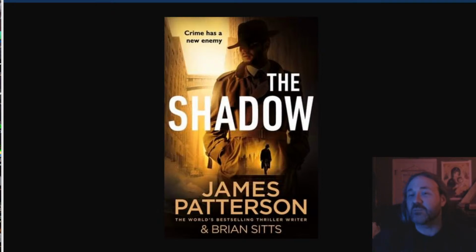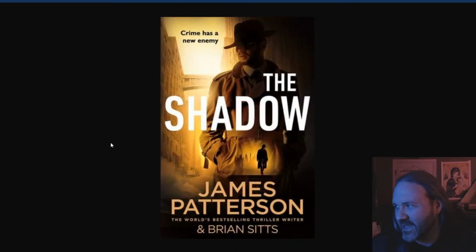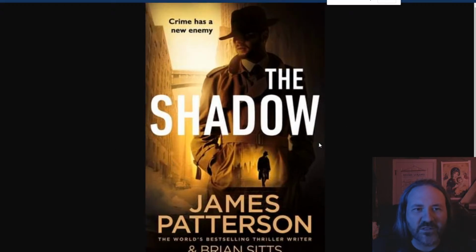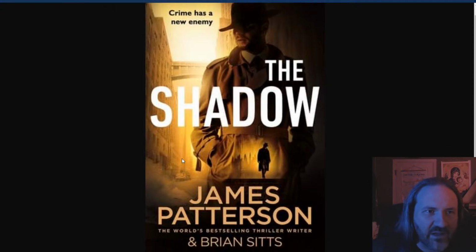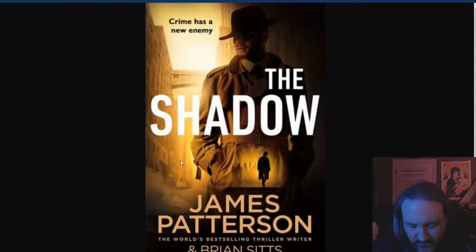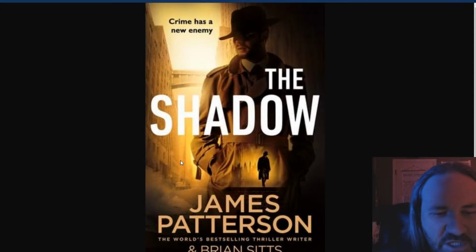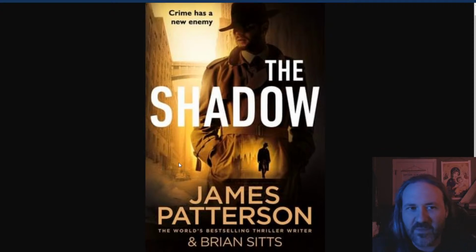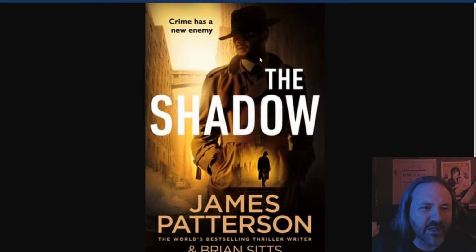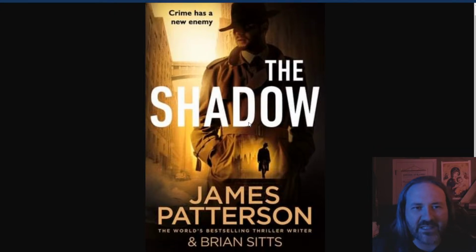This is James Patterson apparently writing a shadow novel. Now, this is a great example of a stock photo cover in that it is made out of stock photos and really in no way communicates the shadow. If you were to just Google an image of the shadow, they probably could have just licensed one and stuck it on there, right? Crime has a new enemy, the shadow. Unless this is not the shadow at all, but rather something else. So anyway, this is a really good example of how modern design works, is that notice